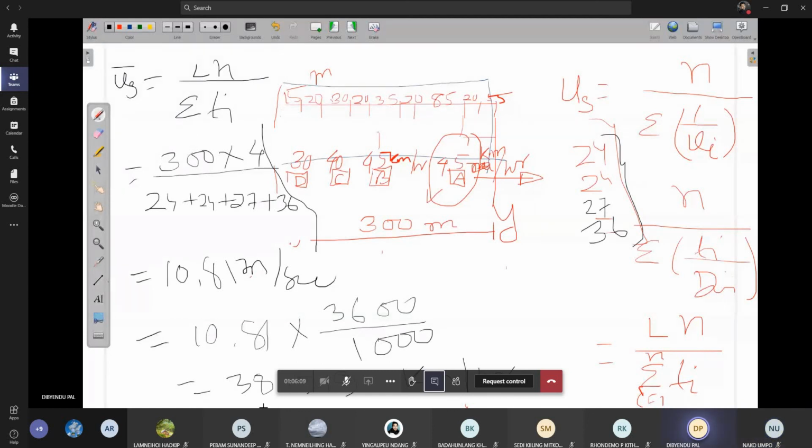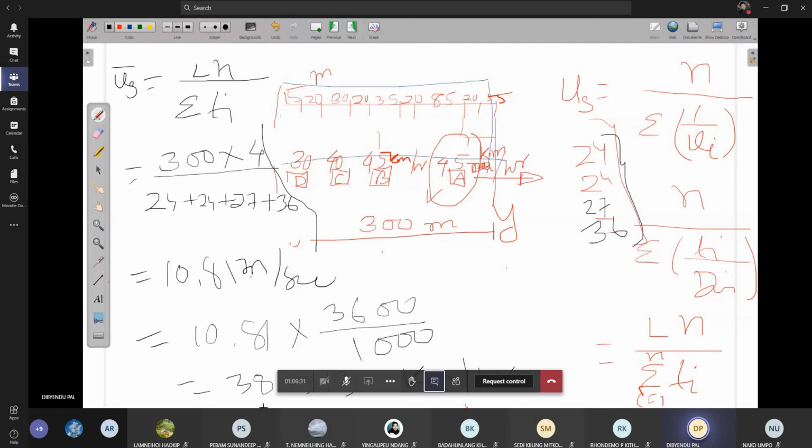Now this case is more appropriate because sometimes the distance may not be the same. In some cases this distance may be 300 meters, sometimes 200 meters, sometimes 150 meters. So it's a defined distance. If a defined distance is there, then this method, or the current method you did, will give you the more appropriate answer.